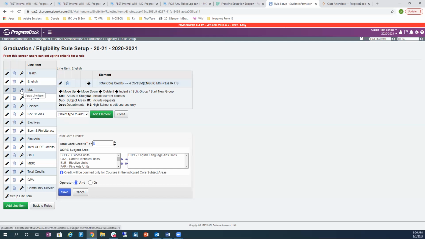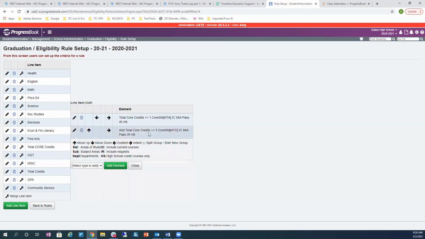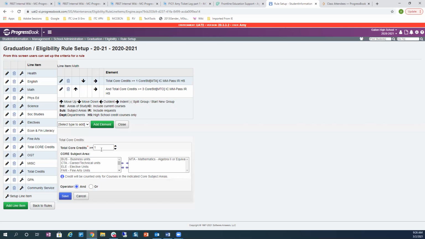Math is just slightly different. They're still using the total core credits, and we're saying they need to have 1 credit, but the MTA is of the advanced math. So they need to have at least 1 credit of advanced math, and then 3 credits of the other math courses that are available. So if we click on the edit pencil again, you'll see it's just 1 credit, and then they selected the MTA or mathematics advanced